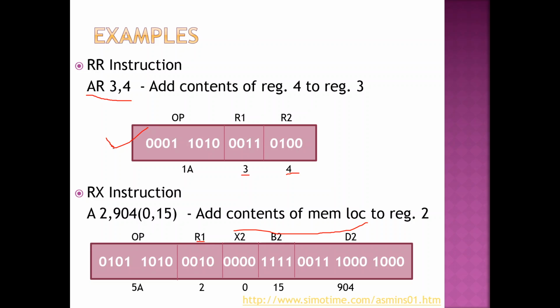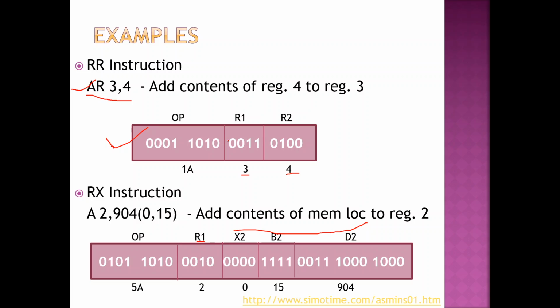Right? This is how I represent my instruction in the instruction format using the format we have been given. So for every instruction you can give an example in this way. Preferably you should write this example, there's only one line, AR 3 comma 4. If you want to understand how this will fit into the format, this way of writing the example is also preferred. At least for studying and understanding purposes, you write this example.